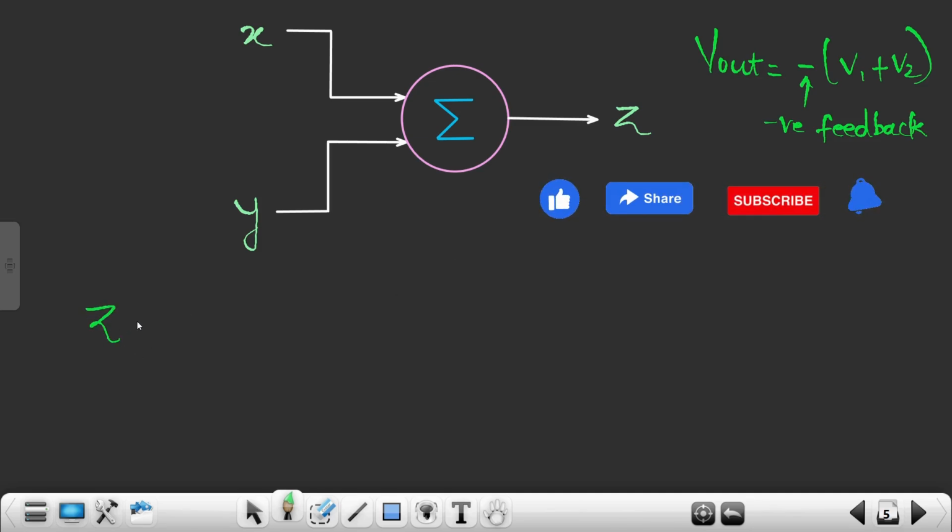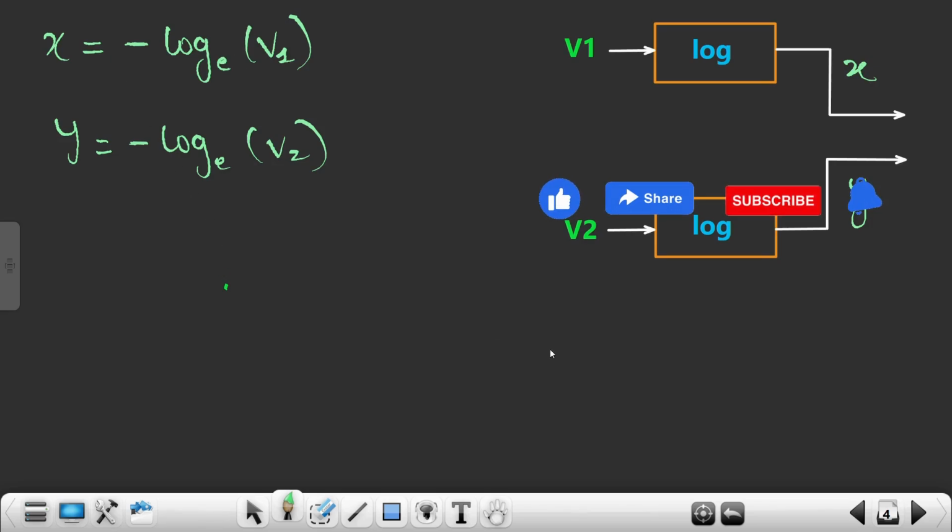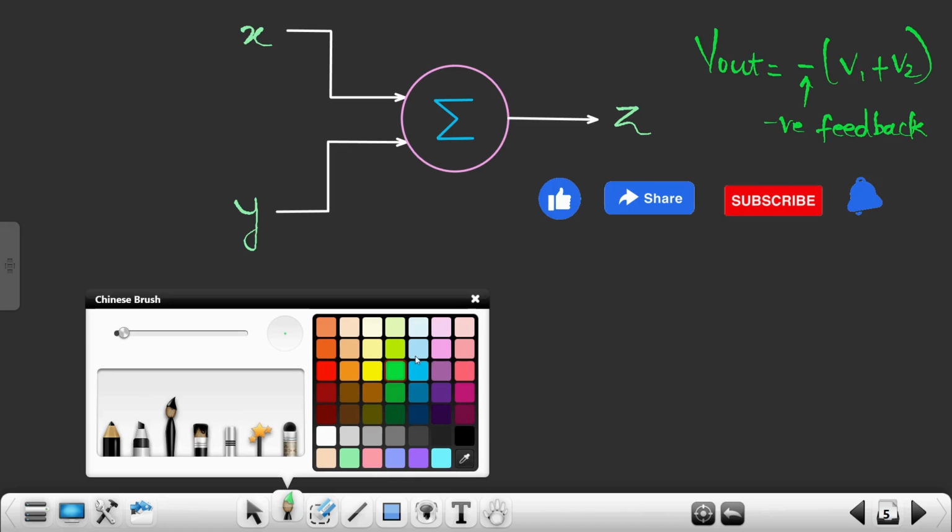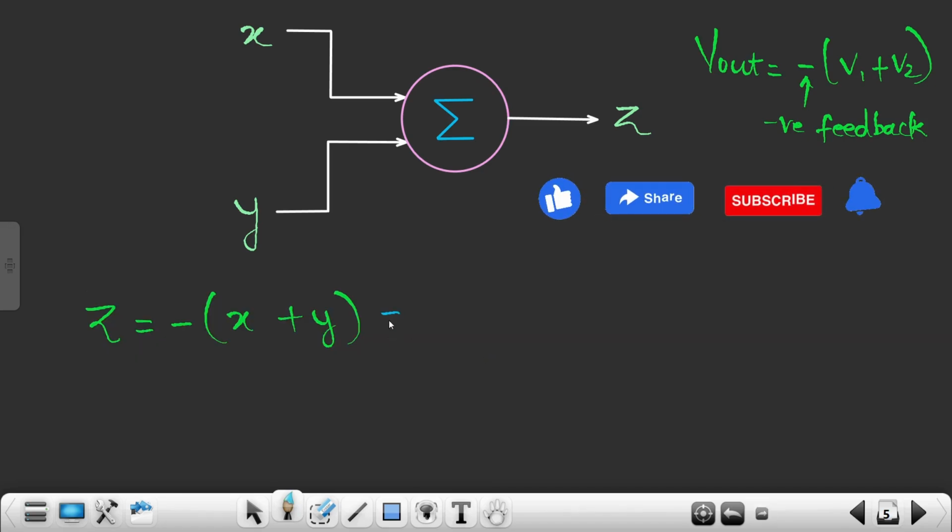Z will be equivalent to minus of x plus y, right? This will be my z. What is my x? You see, x is minus log to the base e of v1. So let me just write it over here. So this will be minus of, what is my x? So let me just write it in this particular bracket, log to the base e of v1 plus